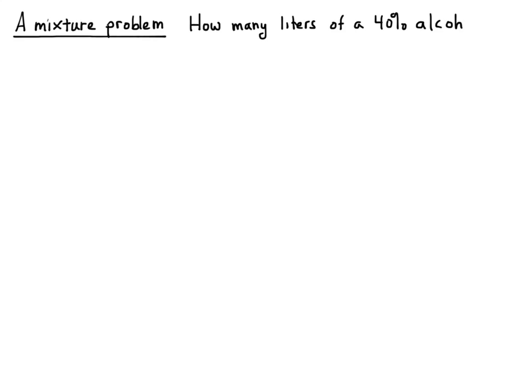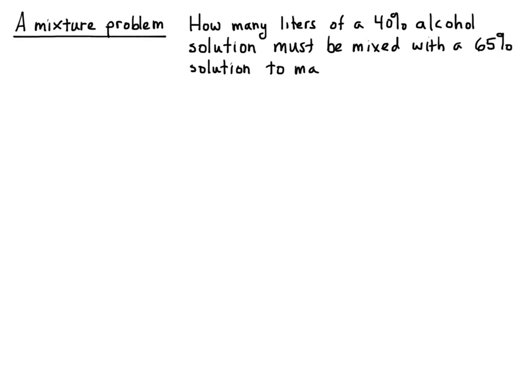Okay, so let's look at a mixture problem. You've done mixture problems with one variable, and you'll see the similarity on this one with two variables if you decide to do it this way. And so let's say we have how many liters of a 40% alcohol solution should be mixed with a 65% solution to make 20 liters